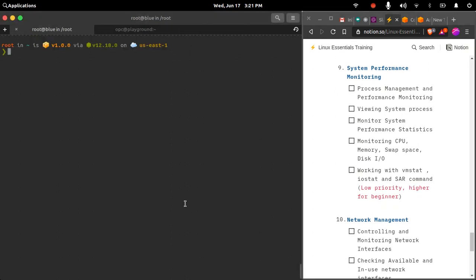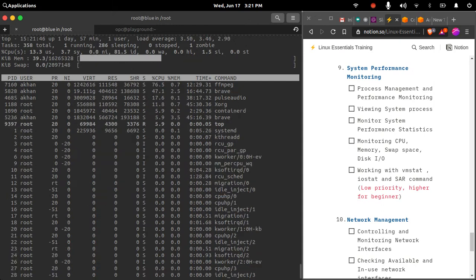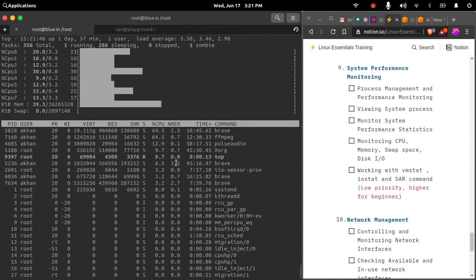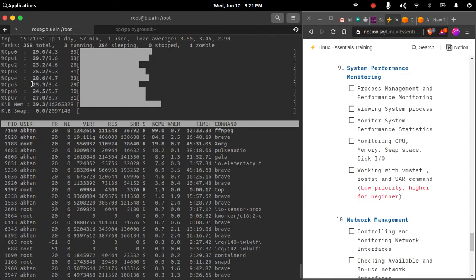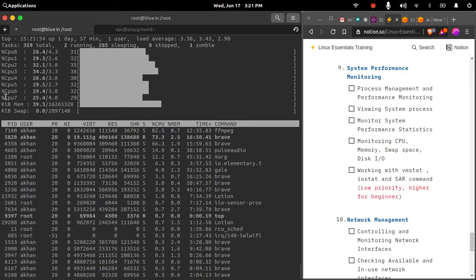Now we will move forward with system performance monitoring. This is the revisiting section, like we saw about processes yesterday, how we manage different processes on a Linux system. Similarly we saw a few tools to see what is the currently running process on the system. Performance monitoring is done with the help of a few tools on the system. I will cover those, but process management is done with tools like TOP, the tool that we saw yesterday. If you see, this is the listing of the processes on the system that are currently running and the number of CPUs that I have on the system.